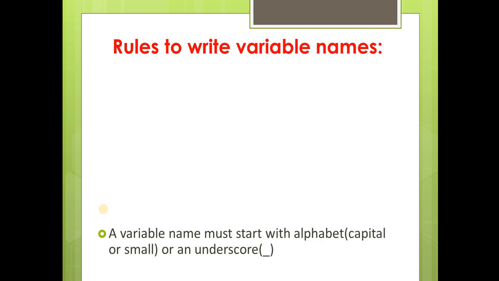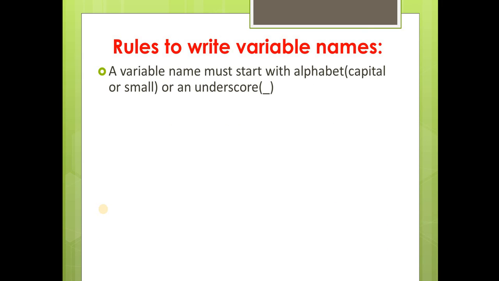Next, we are going to learn about how to write variables. There are a few rules, a few norms which you need to follow while you are giving the variable names. The first one is a variable must always begin with an alphabet. You can write it capital as well as small. It does not matter, but it should always be an alphabet. I can't write 1A. No, it's wrong. I can write A1. Or you can even use an underscore in the beginning. Whenever you start writing a variable, you can use underscore a. So that is a valid variable name.